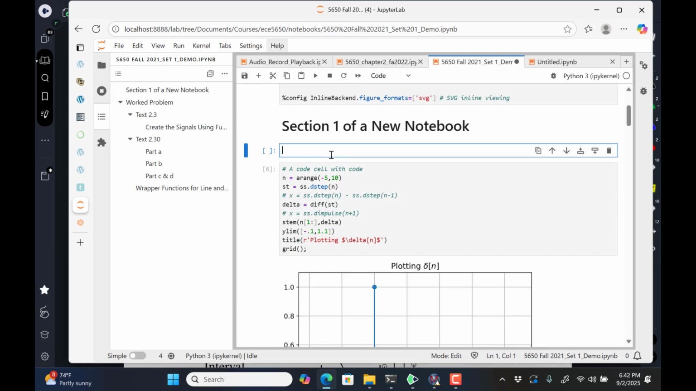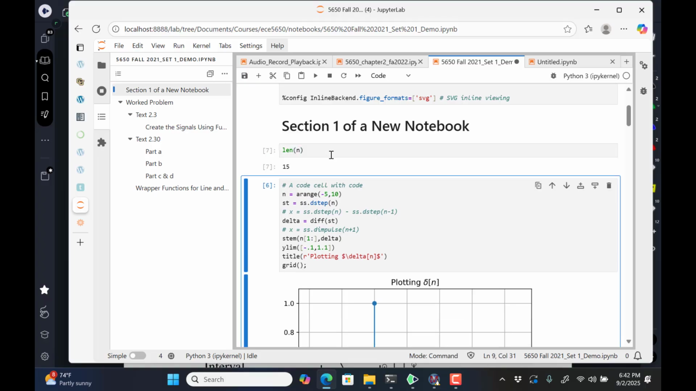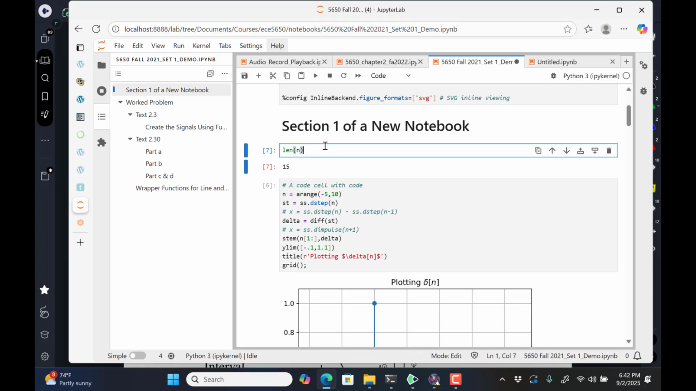And if you ever want to get the length of the array, rather than writing out the word length, it's just len for length. So what is the length of n? We've been seeing it's 15. I can just get a whole list of lengths in here. I can get the length of st,